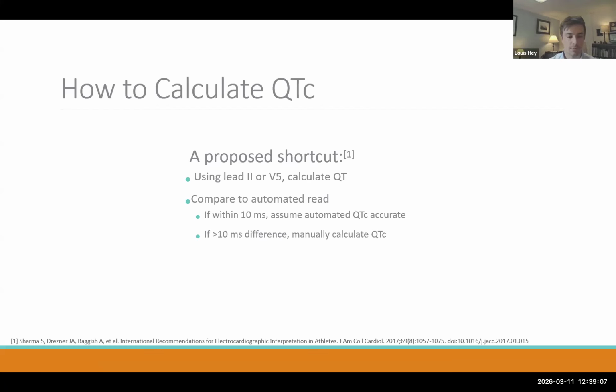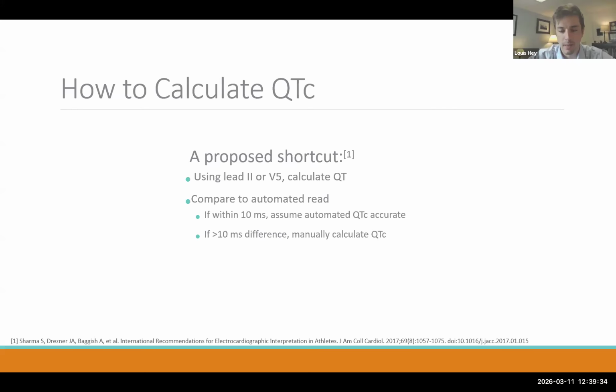Their solution was to quickly calculate a QT anywhere in lead 2 or 5. Those are usually where you see the best T waves, and that's usually where it's recommended to calculate the QT. But in any lead that has a really good T wave, you do one calculation. If it's within 10 milliseconds of the computer's QT, not the QTc, but the QT, you're pretty much reassured, because